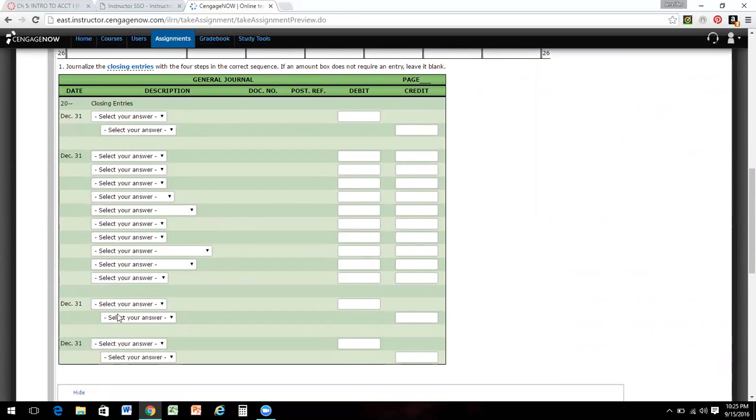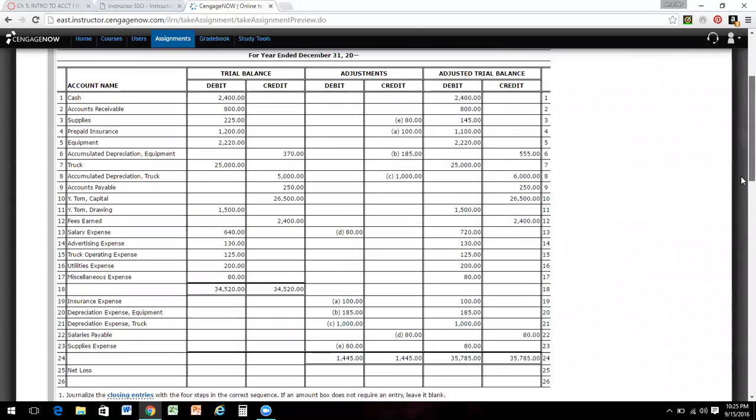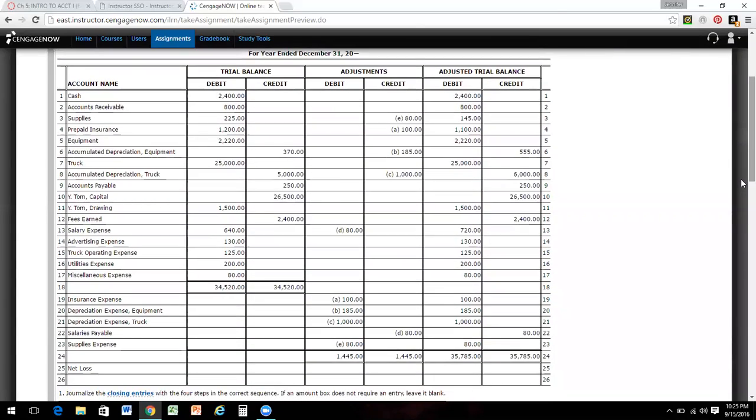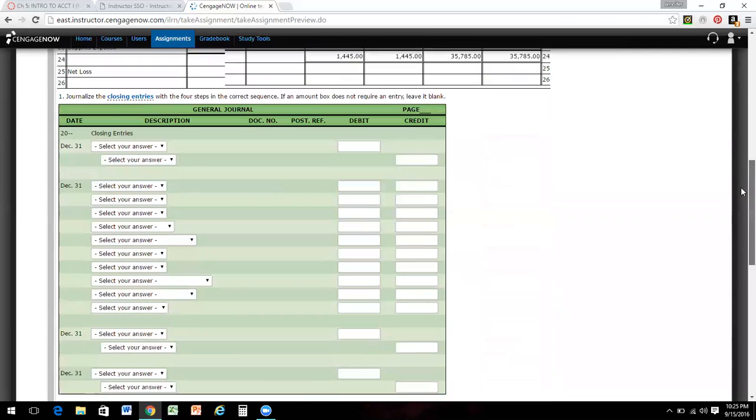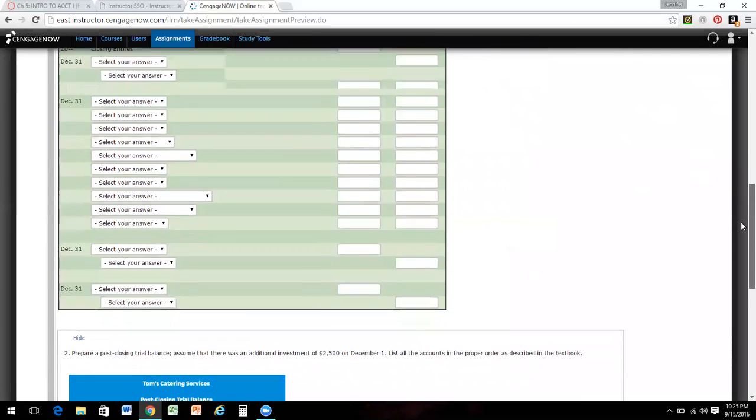Revenues, expenses, close out income summary, and then close out your drawing account. So all of that information is up here. You just need to use the appropriate columns. So remember our cycle, we make journal entries, post to the GL, then we do a trial balance. There's the first 3 steps. Step 4, do adjustments. Step 5, do an adjusted trial balance. Step 6, we would prepare financial statements. Step 7, closing journal entries. And then step 8,